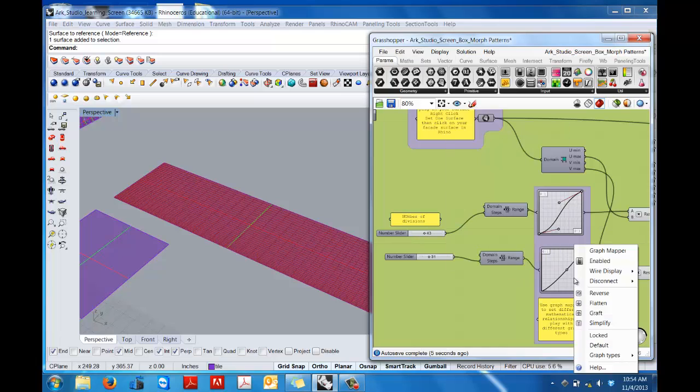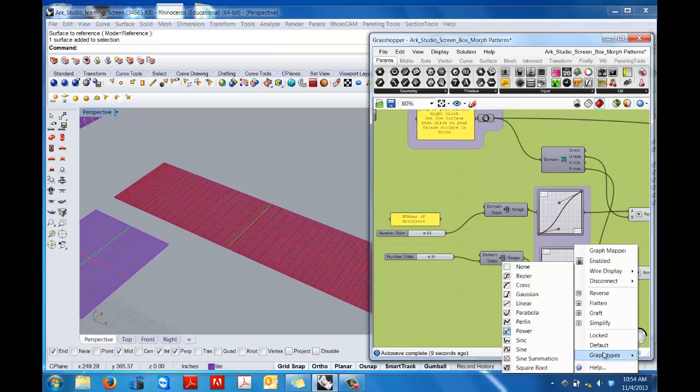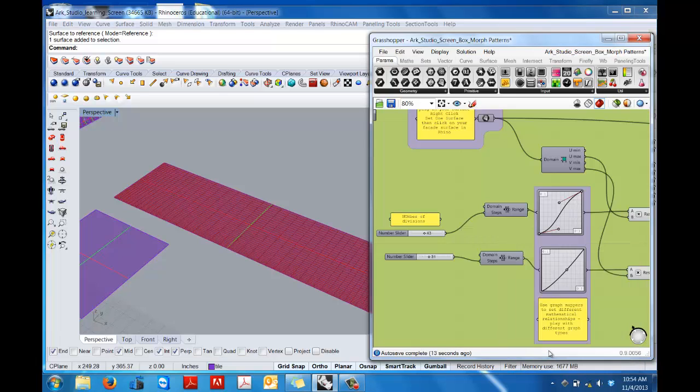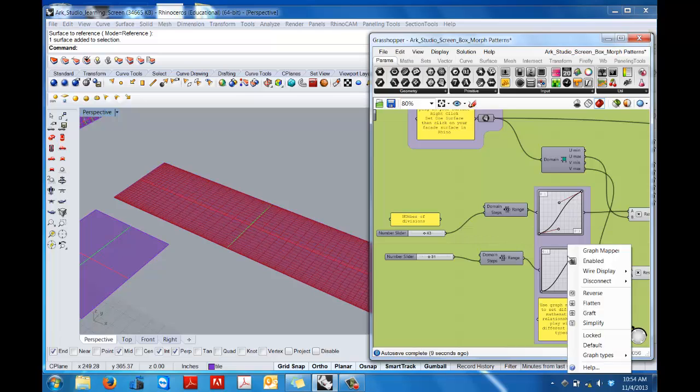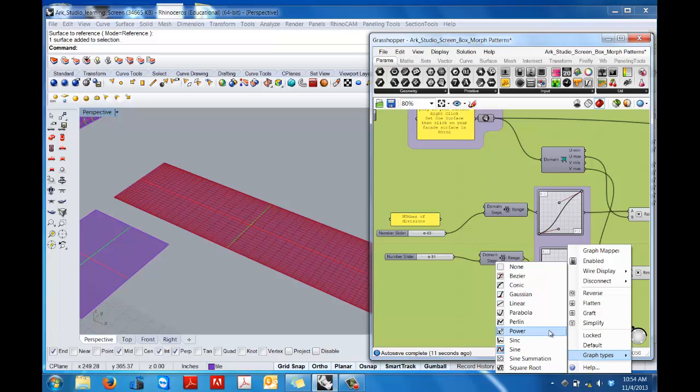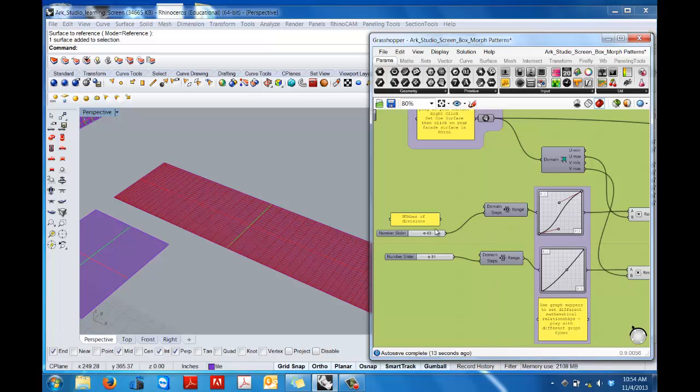The other thing about the graph mappers is you can try some different types of graphs. If you right click and go down here to graph, some of these are going to work better than others. So you can turn on a sine curve, start to play with what happens there. Okay, once you have something that you're getting interested in,